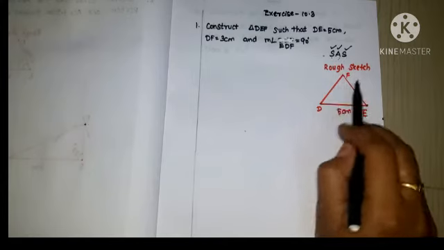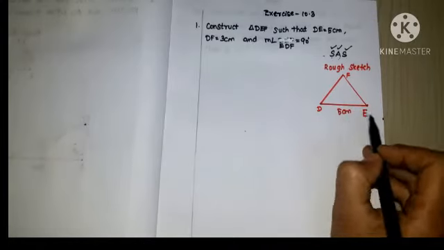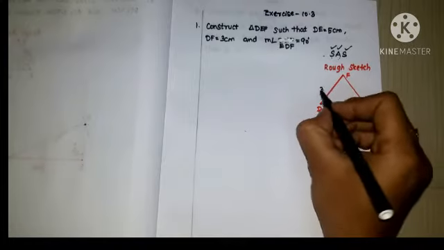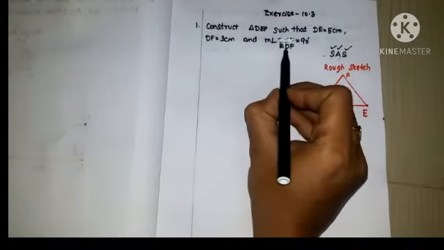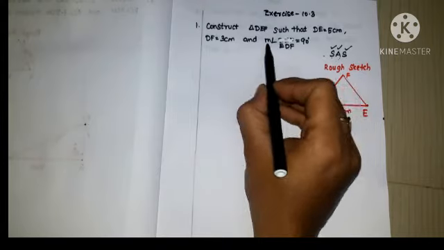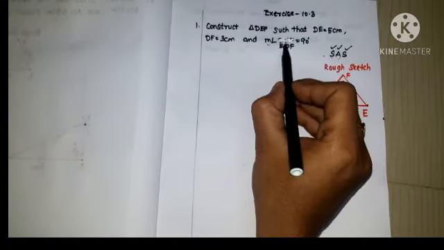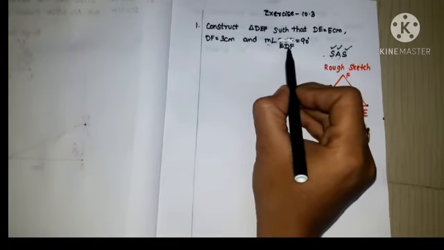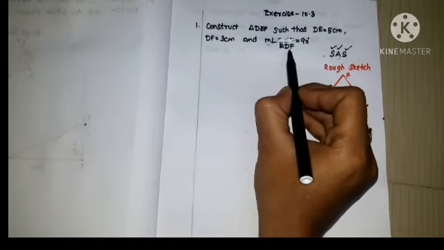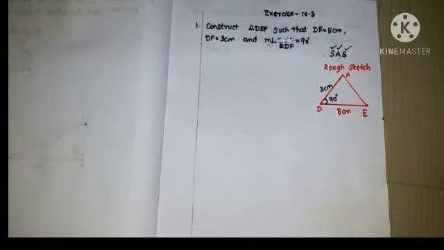So first I am just finishing my rough sketch of this given question. So DEF, and DE is equal to 5 cm and DF is equal to 3 cm, and the angle. So always the middle letter only is having the angle measurement. So what is the middle letter? That is D. Okay, so this letter only is always maintaining the measure of angle. So at D it is 90 degrees. Okay, so let us move to the main picture.